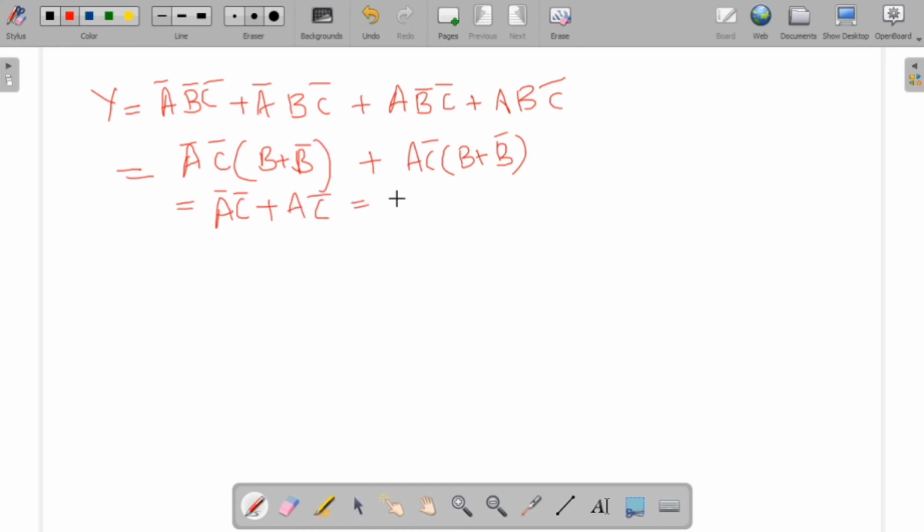Again it is nothing but C bar into A plus A bar, which is equal to C bar, as A plus A bar is equal to 1. So we have reduced it into a very minimal term, so that I got Y is equal to C bar, which can be realized like this. I have a NOT gate, a single NOT gate is enough. You give an input C and output, you will be getting C bar. So no need of any other gates, OR gates or AND gates, nothing is needed. You just need a NOT gate.